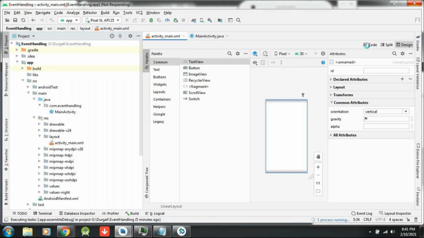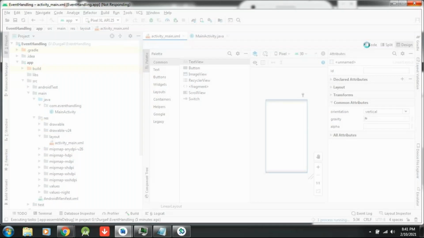For drag and drop, it's better to write it over here. Just wait once.